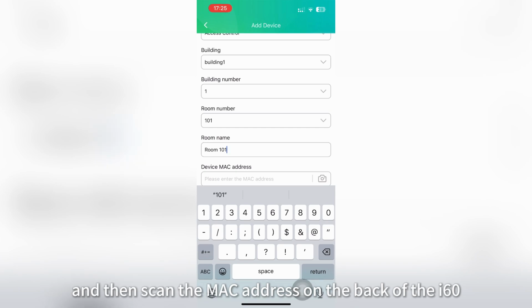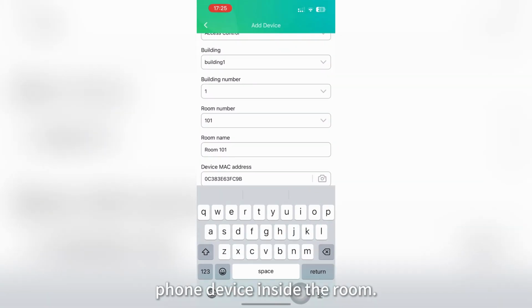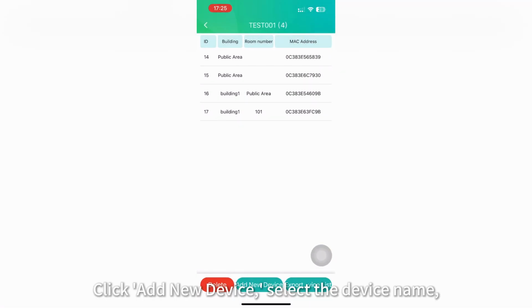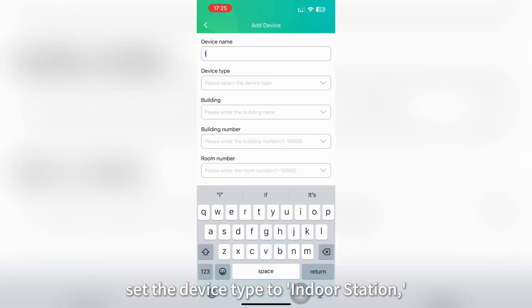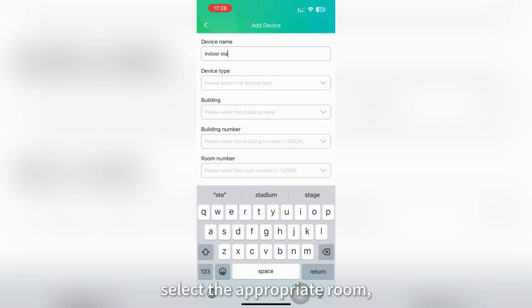and then scan the MAC address on the back of the I-60 to complete the addition of the I-60 door phone device inside the room. Click Add New Device, select the device name, set the device type to indoor station, choose the corresponding building and unit number, select the appropriate room,